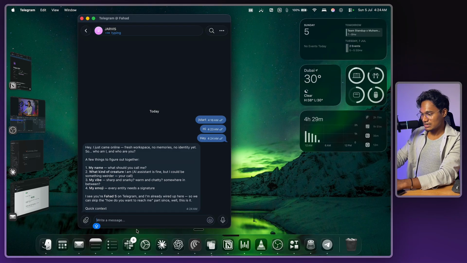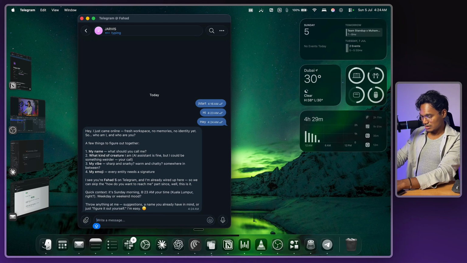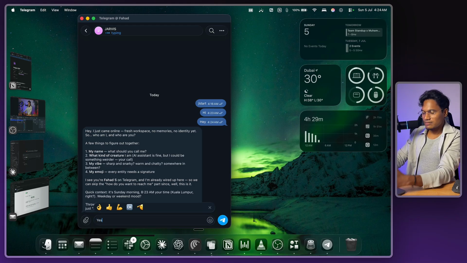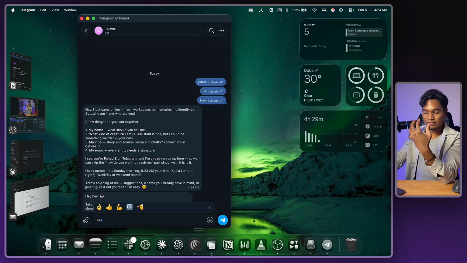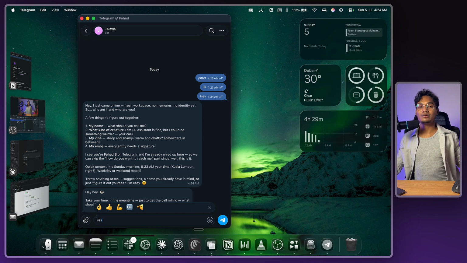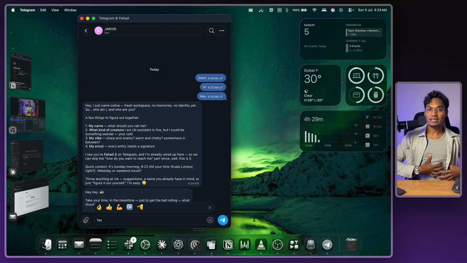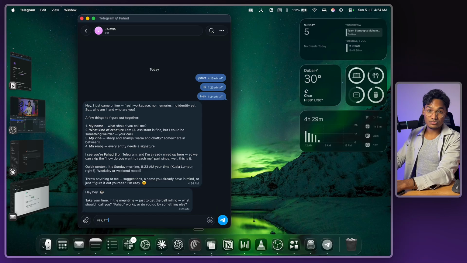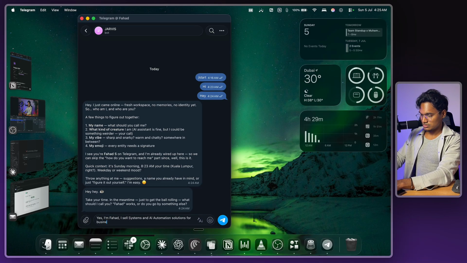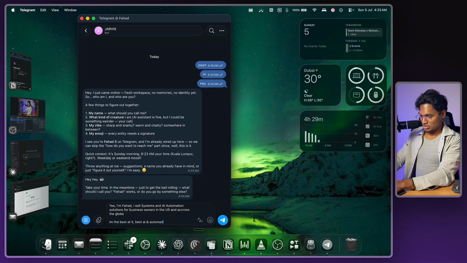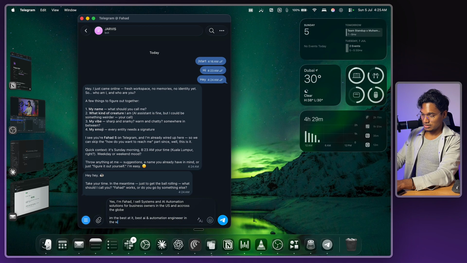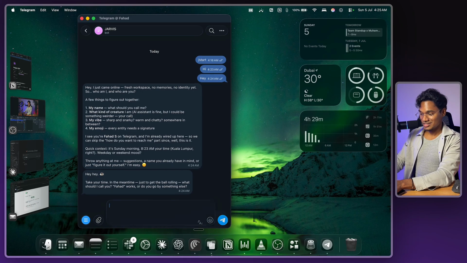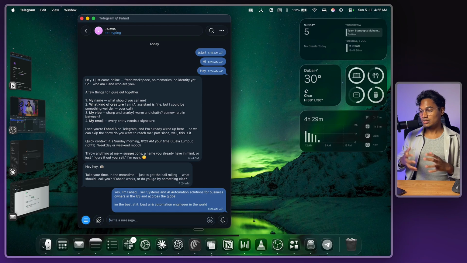So it's asking me questions like, hey, what do you do? What's your name? So it's always good to give it good context on who you are and what you do. And the best way to give context is if you've already been talking to a different AI, you can be like, hey AI, give me a quick summary on everything you learned about me. If it's OpenAI or Claude, take it and paste it here. I'm just gonna give a quick summary because I don't want this video to be too long. Alright guys, now that you've configured who you are to this bot,